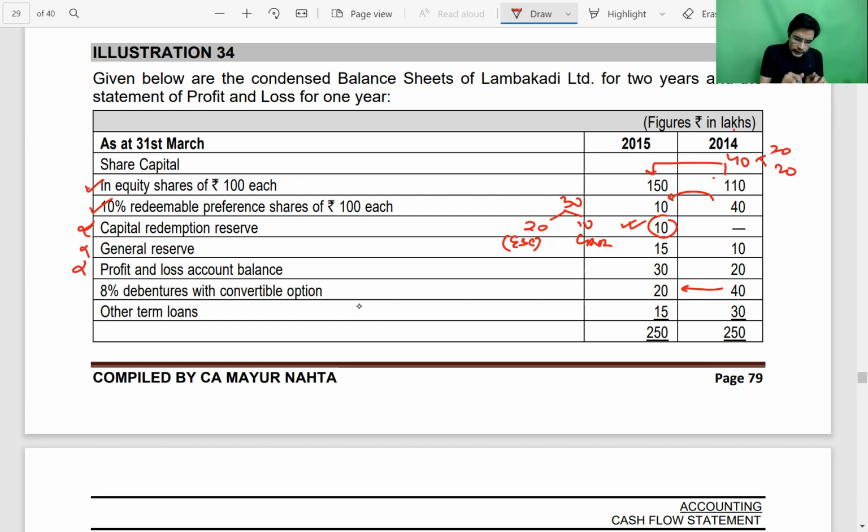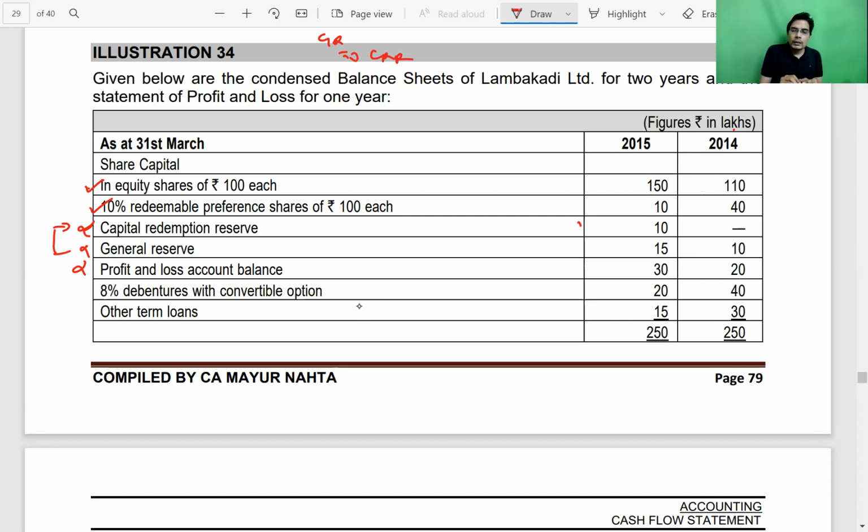Now, in this type of question, you have to be a little alert. You directly cannot just take the difference in GR and add it. You cannot say that from 20, the GR has become 30. No, you cannot directly just add the difference in GR while computing the net profit before tax and extraordinary item, because during the current accounting period, a part of the general reserve must have been transferred to CRR to comply with section 55. The entry for transferring it to CRR is general reserve account debit to CRR.